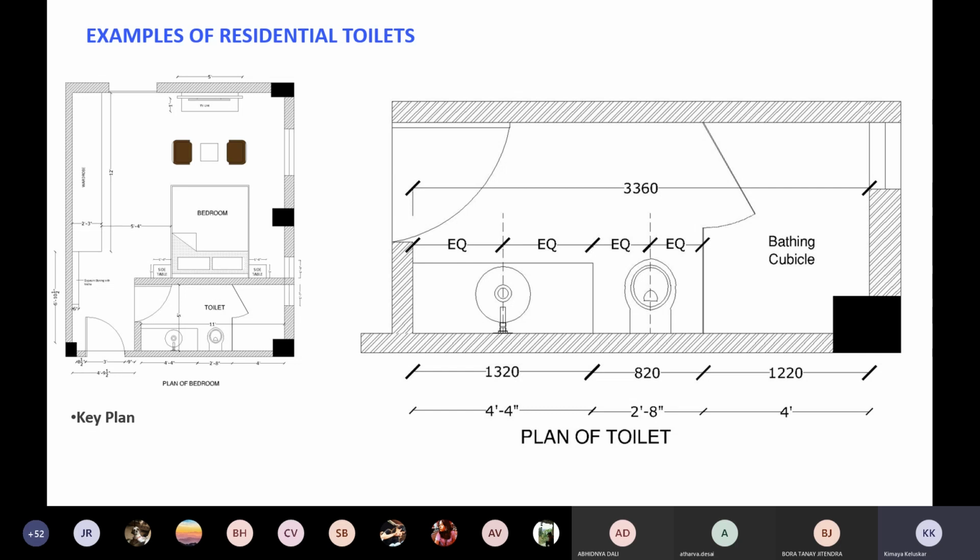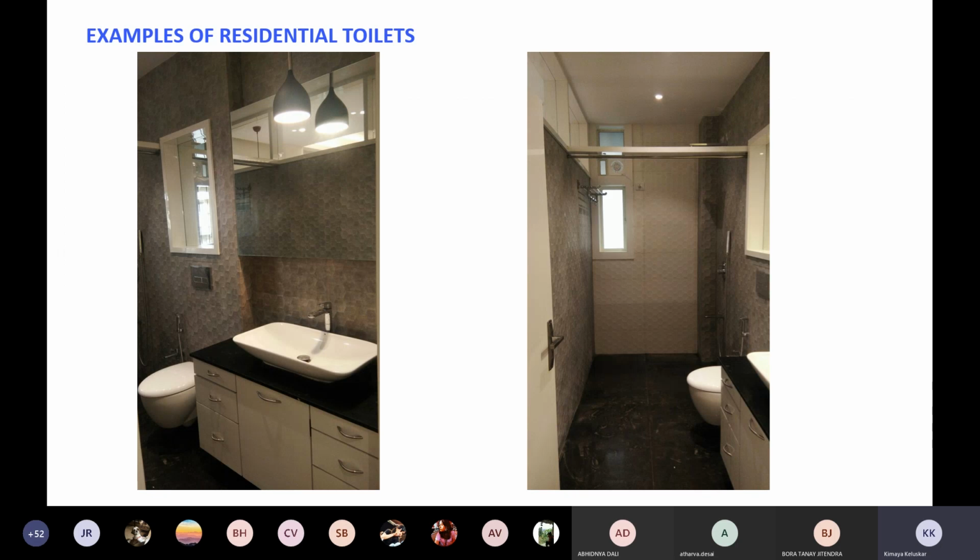But if you see, there is a door here, no? So ideally, there has to be a dotted line there. But sometimes in residential toilets, most clients will tell you not to give those drops, especially if they have senior citizens and kids, because there are possibilities of tripping over that tile drop. And because it's residential, the family members are going to use it, so there is control over how things are being used.